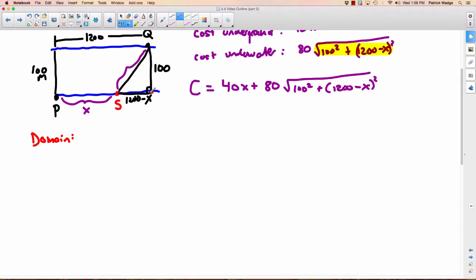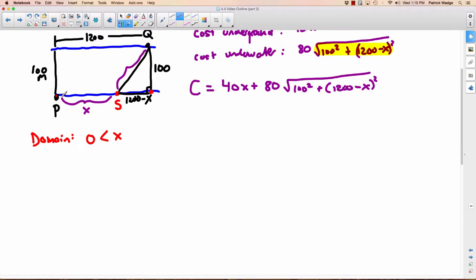So what if it went all the way to there? That's obviously the most it's going to go. You're not going to go past and then back. That wouldn't make any sense, to go past that point and then come back underwater. So this is the biggest point right here. How far is that from P? 1200. So our domain is from 0